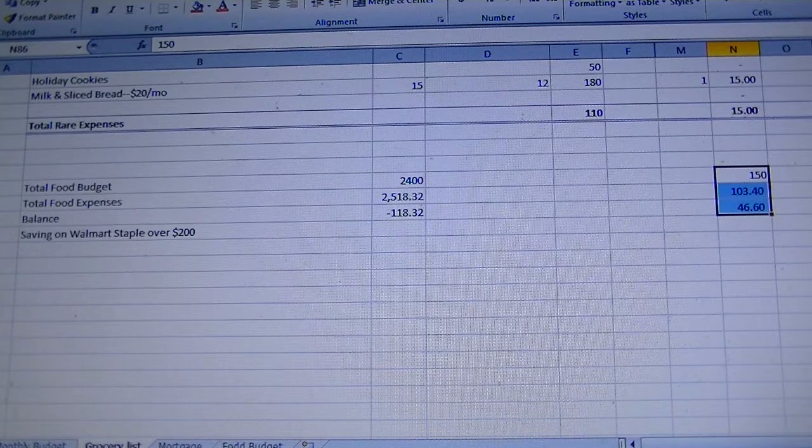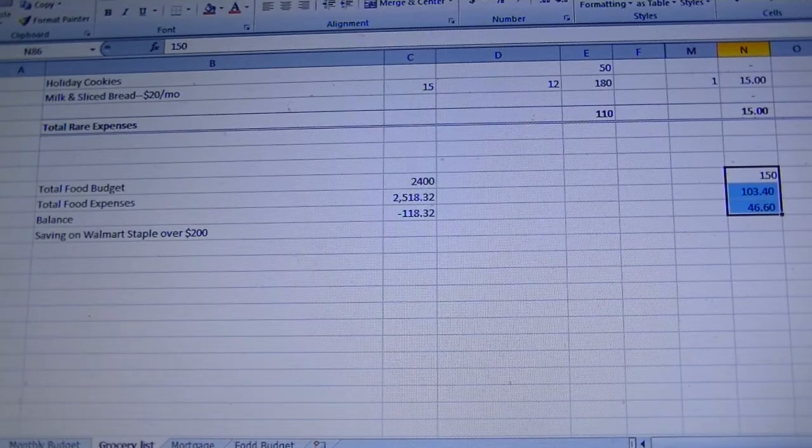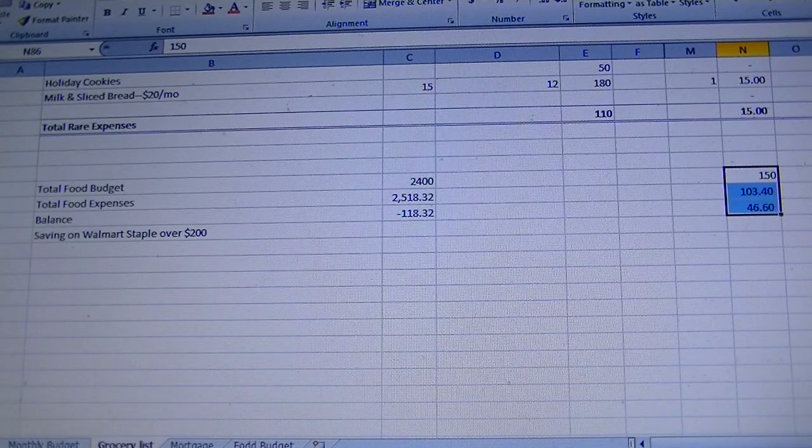I will set my grocery list. I just look at my inventory without doing matchings. I'll just look and see what I have, what I need to add more to, and I'll just draw a list and add it to my spreadsheet to see how much I am spending, how much I am saving, and I'll make adjustments. But other than that, what we really need every month is milk, probably some bread, and